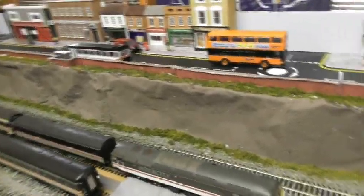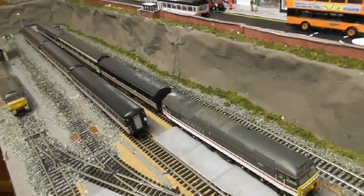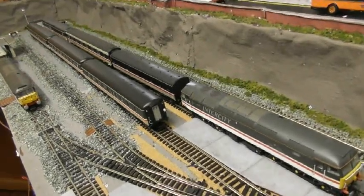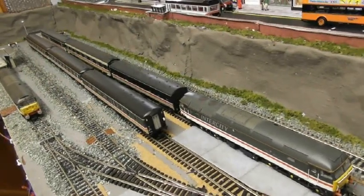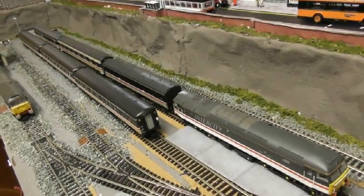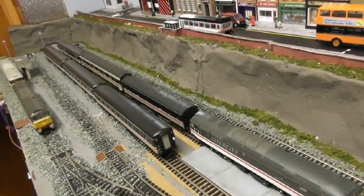Lastly, we have the cross-country. How do you model cross-country? Well, very simply, anything and everything went in the mid-1980s with Intercity cross-country. Their HSTs, of course, were 2+7 with 1 trailer coach and a Buffy car, 4 trailer seconds, and a TGS. But they were not the only performers on cross-country, because